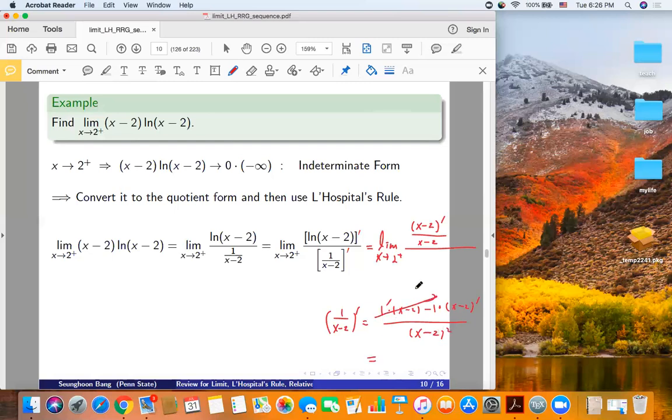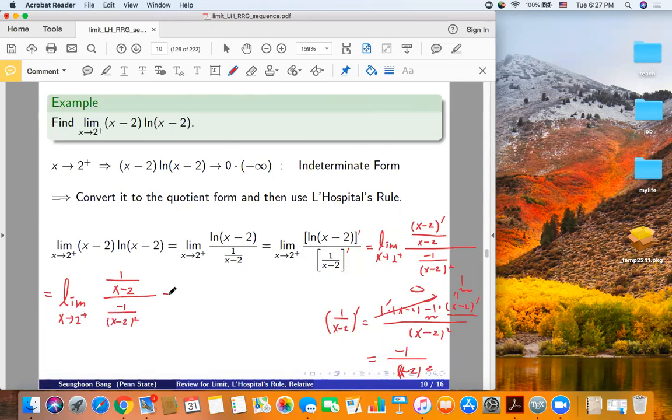The 1' is 0. The (x minus 2)' is just 1. The minus 1 times 1 is negative 1 over (x minus 2) squared. So this is negative 1 over (x minus 2) squared. So what happens? This is the same as the limit as the x value approaches 2 from the right. The top one is (x minus 2)' is 1 over (x minus 2), over minus 1 over (x minus 2)